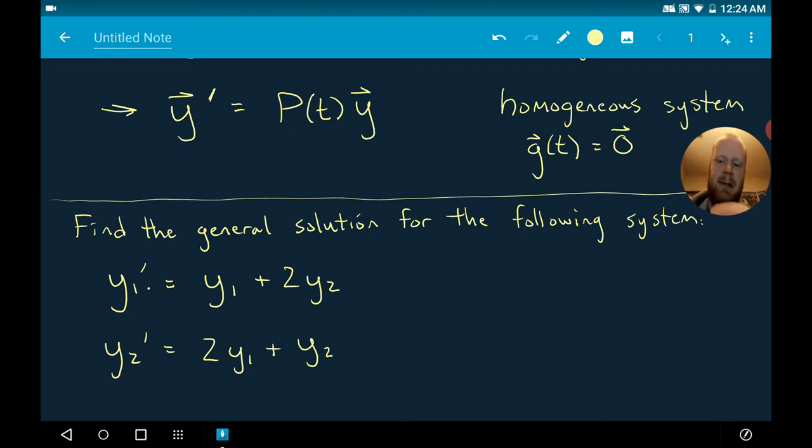So this is a homogeneous system because we don't have any t terms hanging out on the side there. We'll save that for, I believe, section 4.7, when we start talking about that. But if we're looking for the general solution to this system,